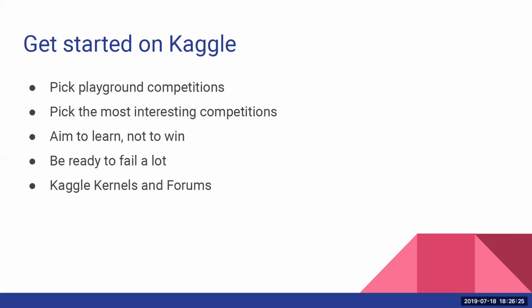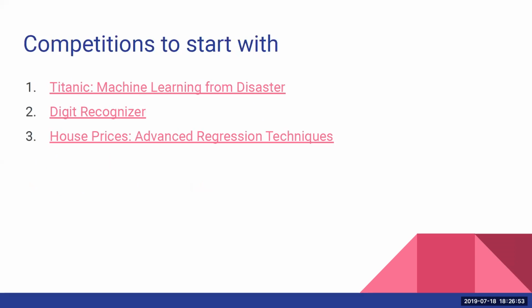And Kaggle kernels and forums is exactly what you can use, and exactly what can help you a lot to advance a little bit. So you can read about different solutions, different approaches of other people, how they solve this problem, how they approach the problems in general. You can find a lot on the kernels and forums, to be honest. And this is what helped me to get started and to advance further.